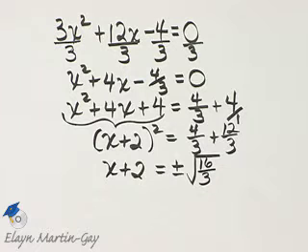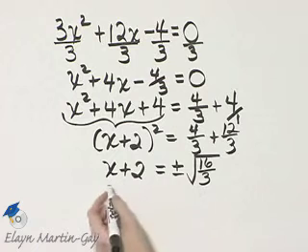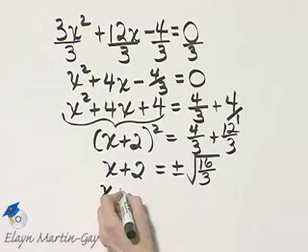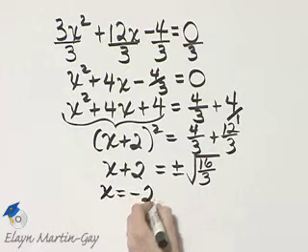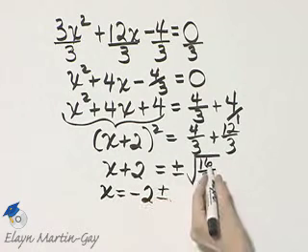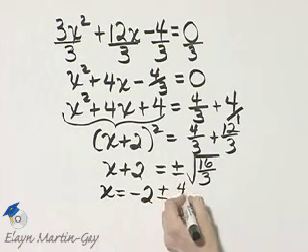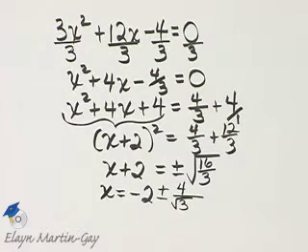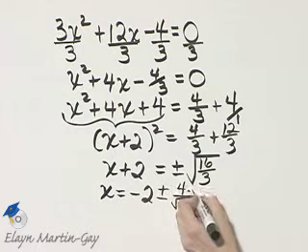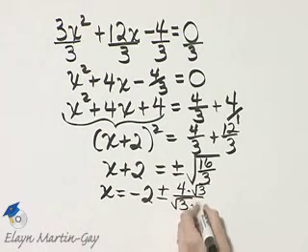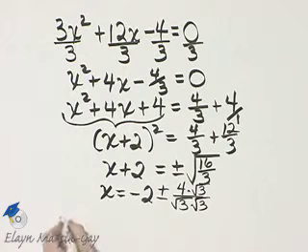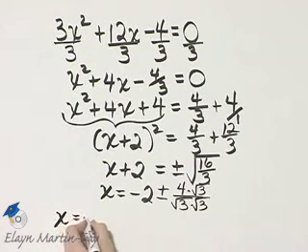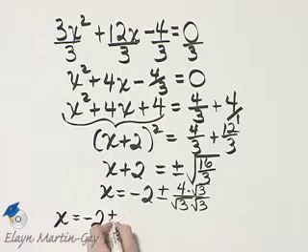And now we'll finish solving, and at the same time we'll clean this up. To finish solving, I'll subtract 2 from both sides, so x is equal to negative 2 plus or minus the square root of 16 is 4, and then I have the square root of 3 in the denominator, but let's rationalize, so I'll multiply the numerator by the square root of 3 and the denominator by the square root of 3. So x is equal to negative 2 plus or minus 4 square root of 3